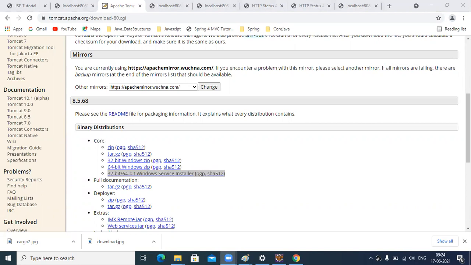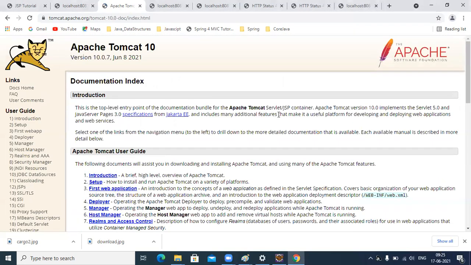Install Tomcat server. Once you start the installer, let us take Tomcat 10 as a sample. I'm showing Tomcat 10.